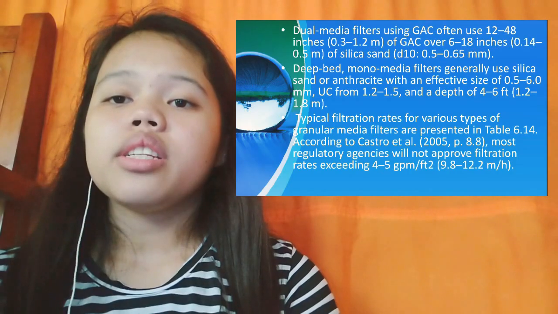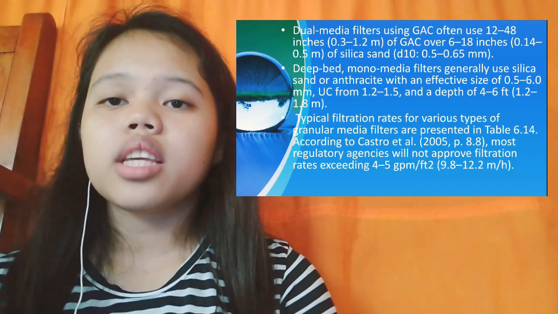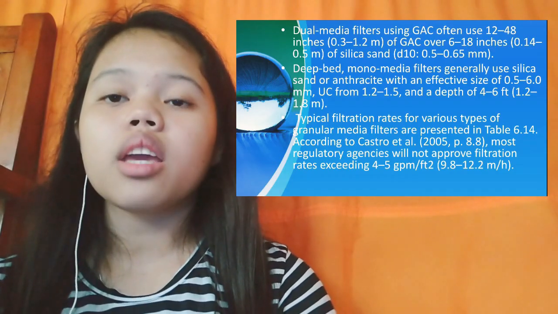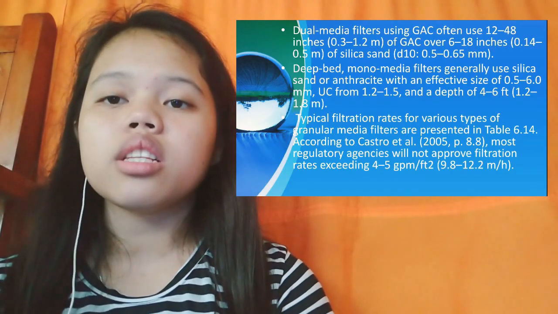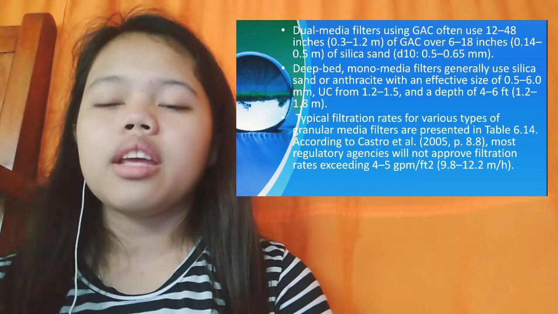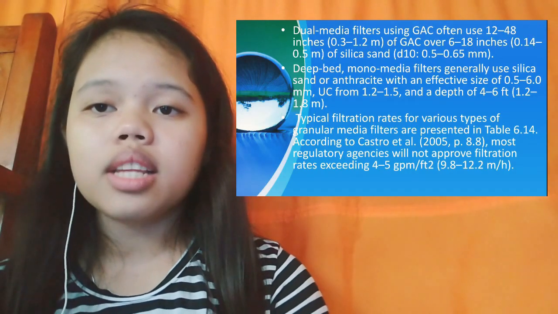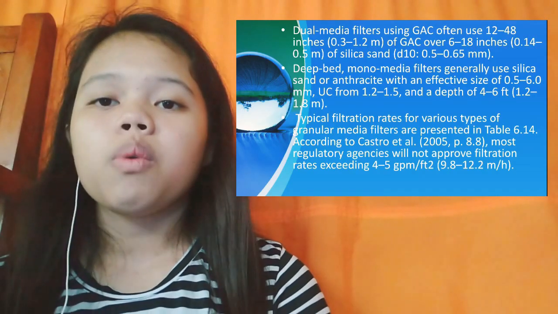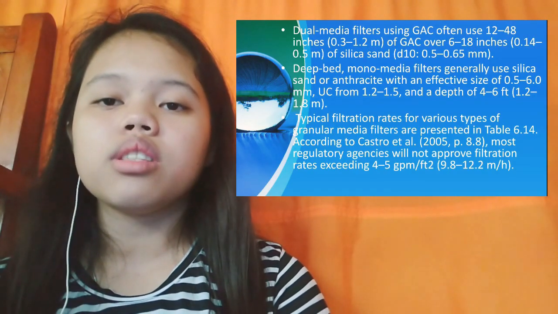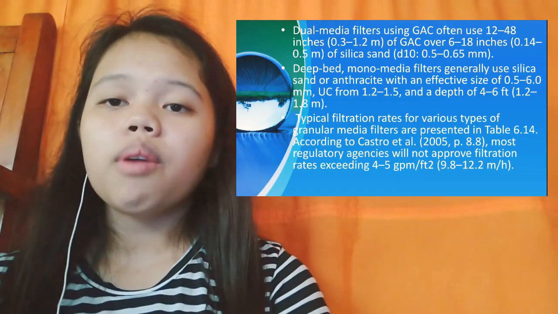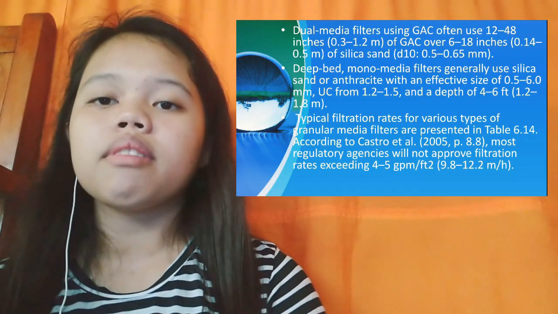Dual media filters using GAC often use 12 to 48 inches of GAC over 6 to 18 inches of silica sand. Deep bed monomedia filters generally use silica sand or anthracite with an effective size of 0.5 to 6 mm, a UC from 1.2 to 1.5, and a depth of